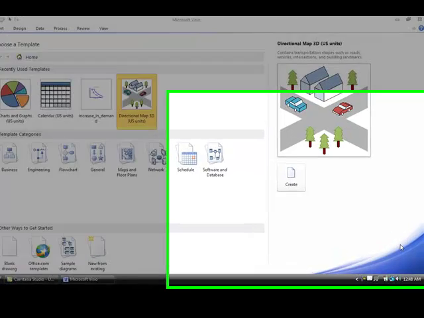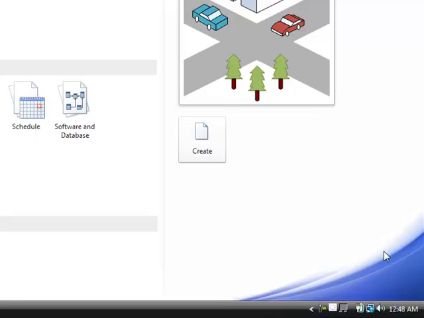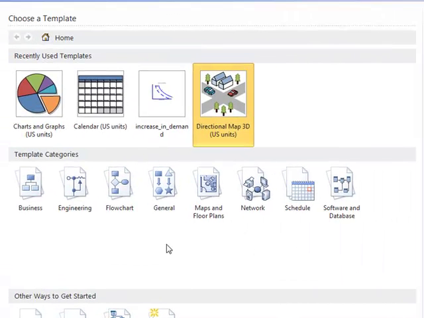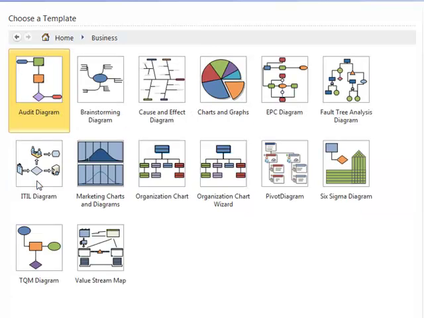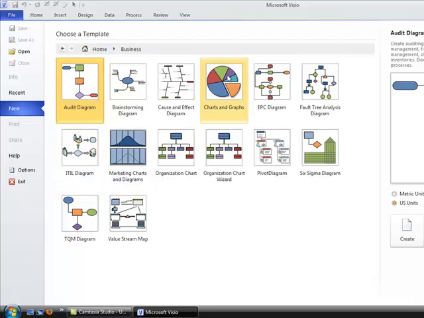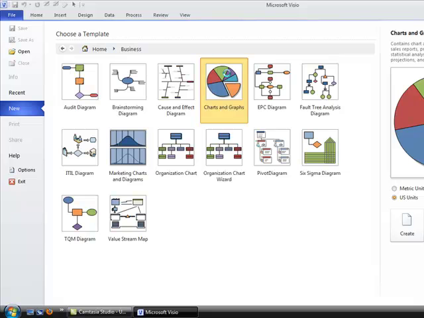Okay, these instructions are for creating a simple curve in Visio. Specifically, this one we're going to do an increase in demand curve. And the first thing we're going to do is come over to the template categories, double click on business, and I will try to speed through this so it's not too long. And then we're going to go to the top row and go to charts and graphs, double click that,